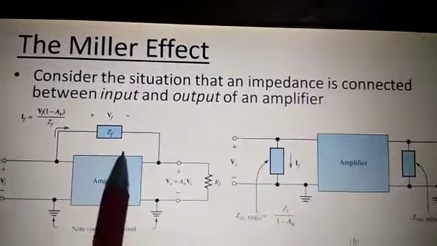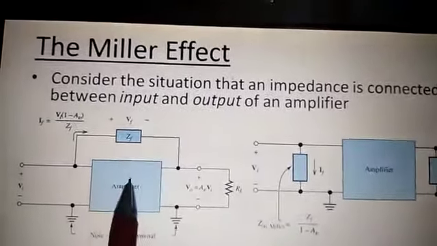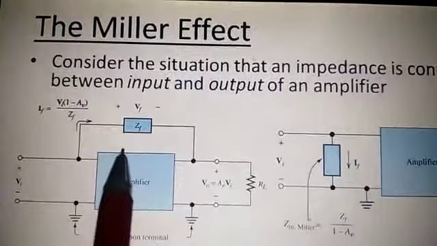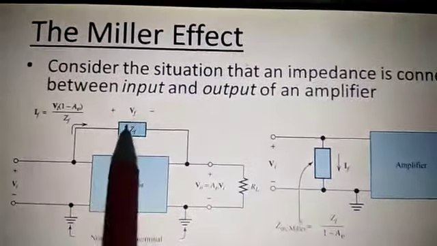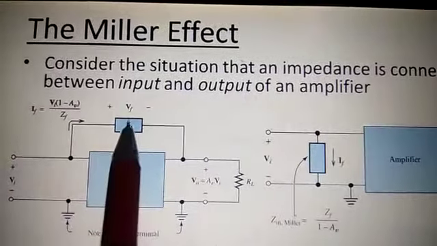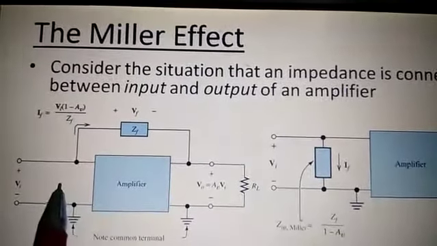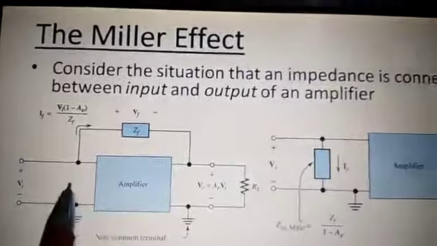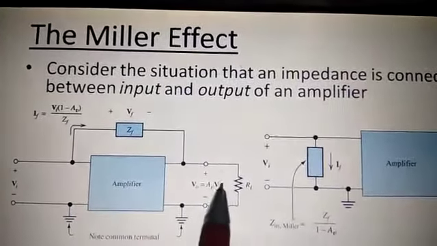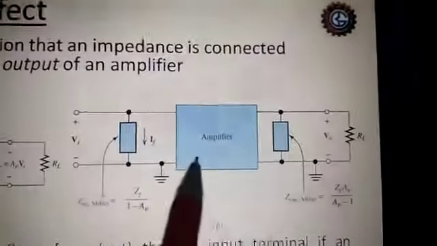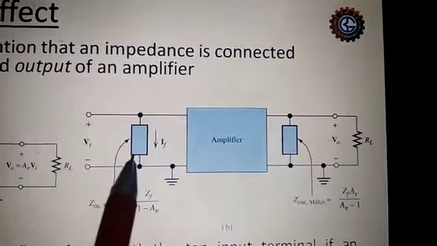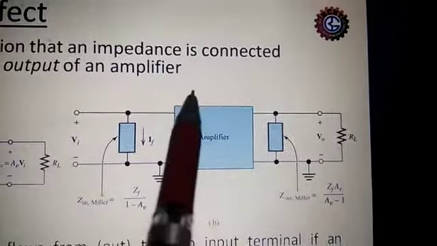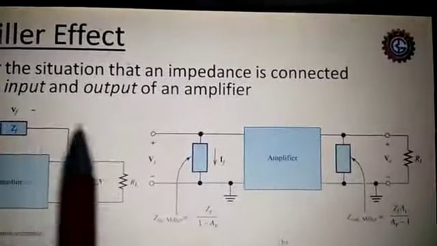You already know it and we have also gone through it. But for the next problems, we must consider this Miller effect. What we will do is remove this impedance from this feedback, and put the equivalent impedance at the input side and the output side. So Miller impedance at the input side and Miller impedance at the output side. You can see this diagram. This is the equivalent impedance at the input, and this is the equivalent impedance at the output due to this feedback impedance.